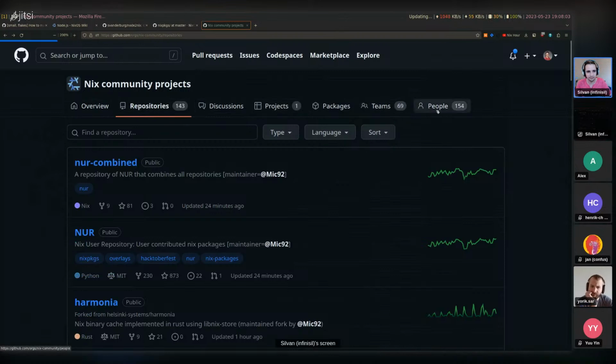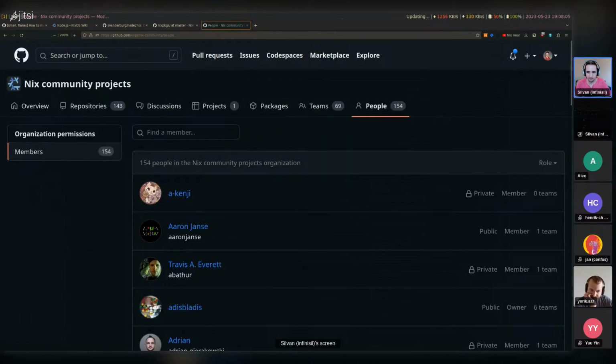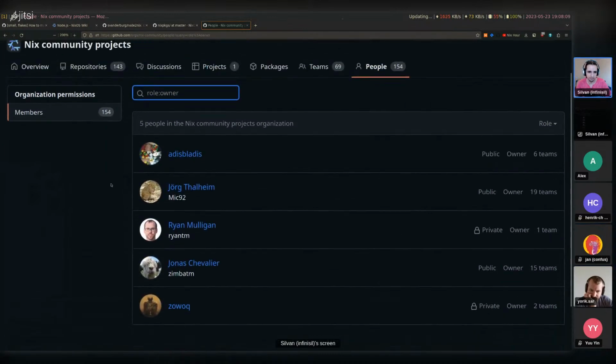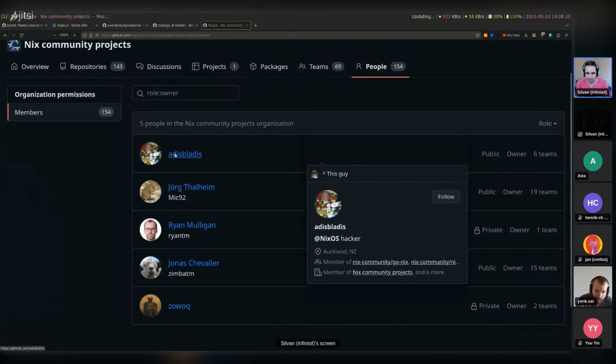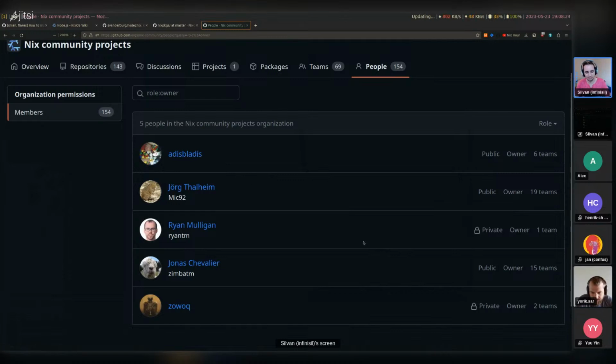I'm not sure if we can see this here. Members, role, can we see owners? Okay, so this might be the team. We have Mick92, Ryan Team, Jonas, and Addis Bladis, which I think is, forgot the name. Adam is his name. Oh, Adam, yes. But yeah, these are all fairly well-known community members. And so this gives a bit more trust.